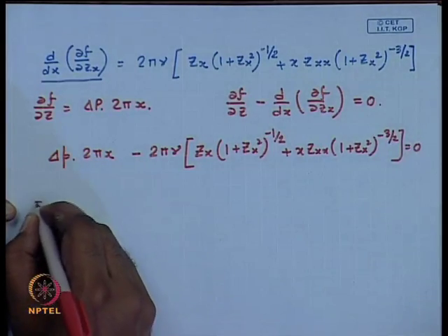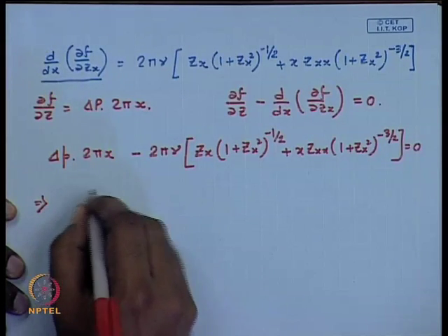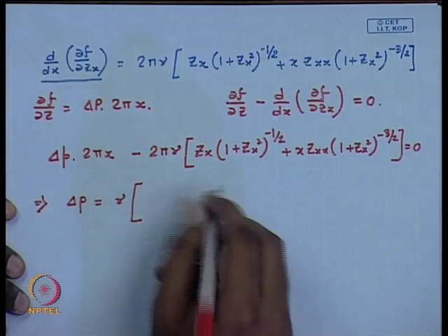So, with a little bit of simplification, which turns out to be delta p is gamma